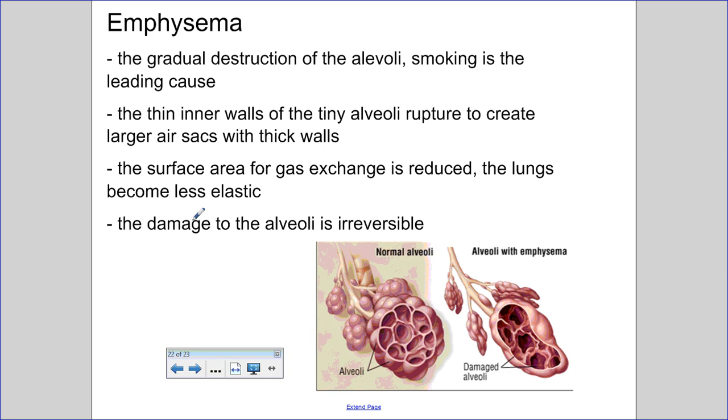Another common ailment of the lungs is referred to as emphysema. Emphysema results from years of smoking, and emphysema is the gradual destruction of the alveoli. So the thin inner walls of the tiny alveoli can rupture due to all those harmful chemicals in smoking that create larger air sacs and thick walls, basically where you have these nice small sacs that have a large surface area. They can become damaged, creating these larger, thicker air sacs where oxygen exchange is not as